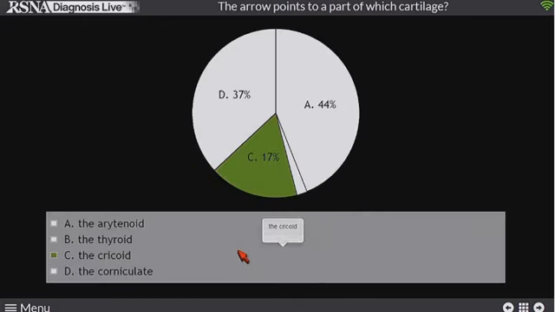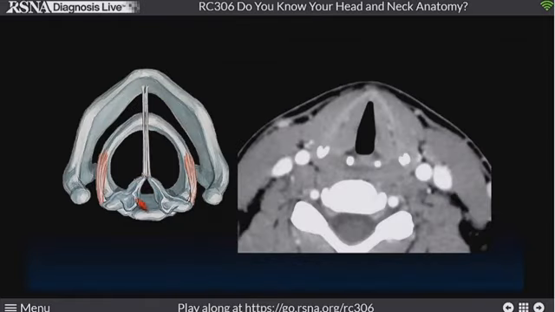C is the answer. Now this is an important point. Not everybody got this, and so we're going to go through this just a little bit because this is a common mistake and we want you to be able to avoid it. So here is a figure partially from Netter, modified a little bit, but the arytenoids do not perch right up in the midline. These little bumps are actually part of the cricoid, so don't mistake them when you're looking at trauma.